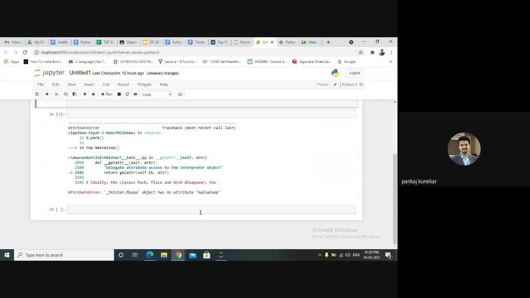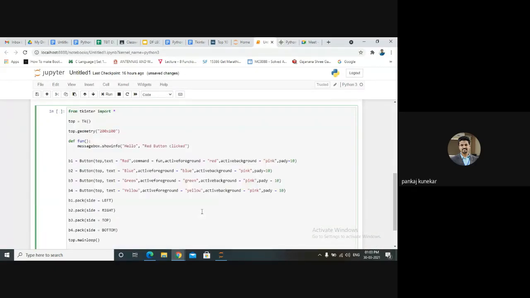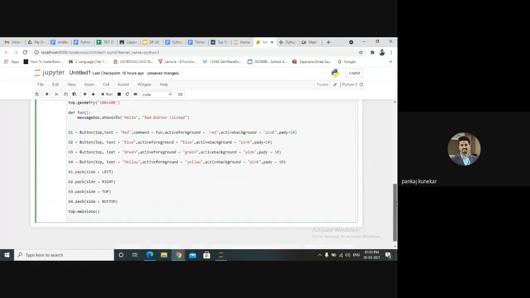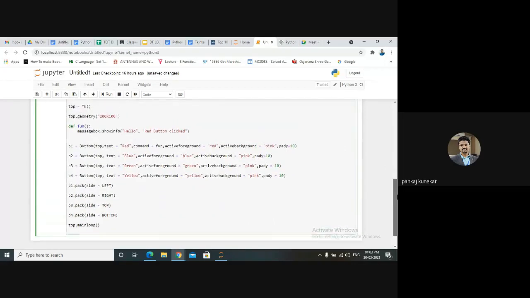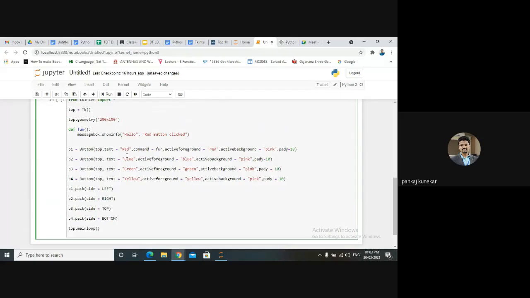See, some buttons are created with different options. These are some options we can have: different command, active foreground, active background, and pady, which is padding along the y axis.